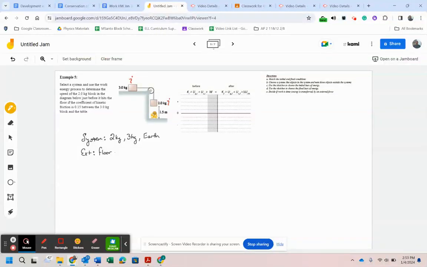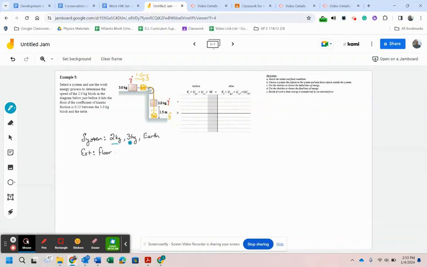So we know here that this will begin to fall down 1.5 meters. The 3 kilogram is going to move to the right 1.5 meters because it's a pulley system and they're tethered together. So this would be moving down as it hits the floor. And the final state is just the instant before it hits the floor. All right, now, that being said,